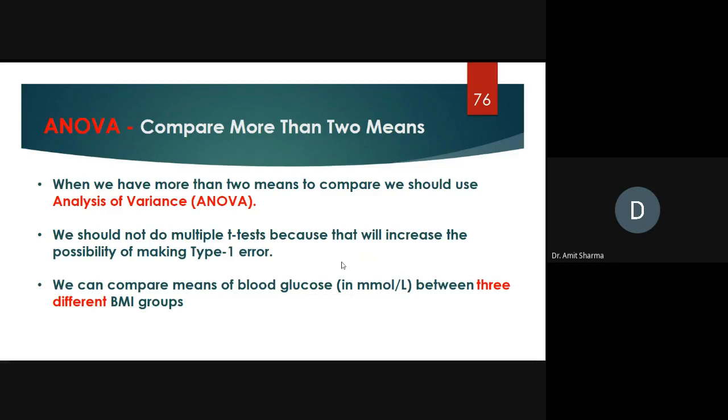Variance means how far a set of data is spread from your actual line, or the diagonal line, from the actual value. That means if you have a mean, which will be taken as an average value, then how far the other data sets or observations are from the average value is called variance.